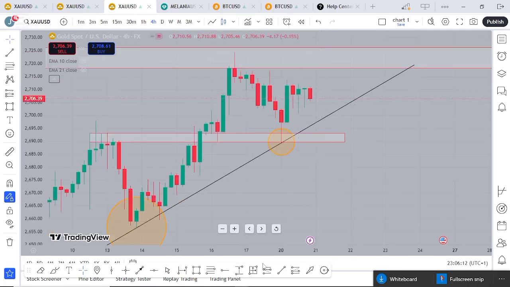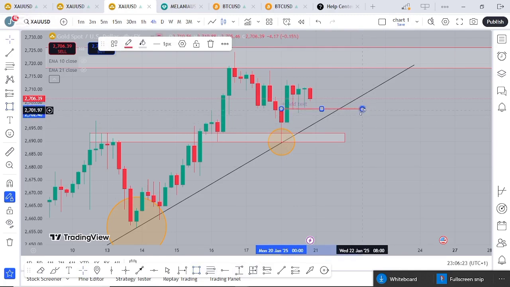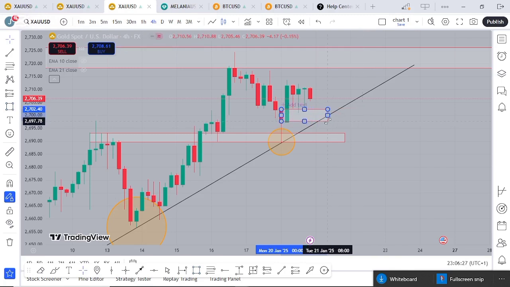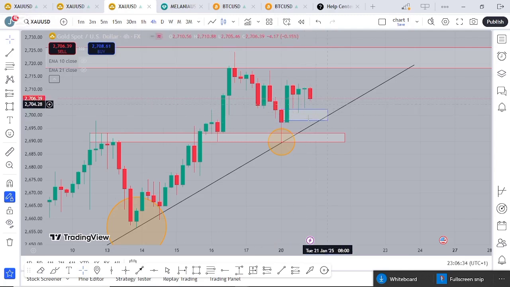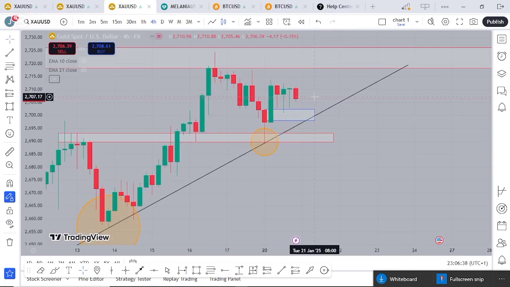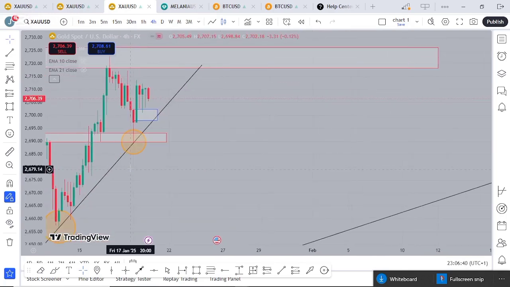And again, we saw a retest of this fair value gap, or this engulfing candle. We saw a retest of this place, or let me say a retest of this order block, any one of the two that you want to see. We see this particular order block, and there's an order block here. We saw a retest at this zone. So we are expecting what? We are expecting price to go bullish on gold, guys.